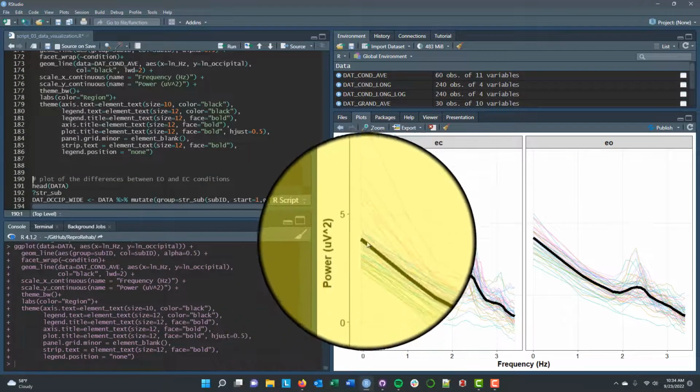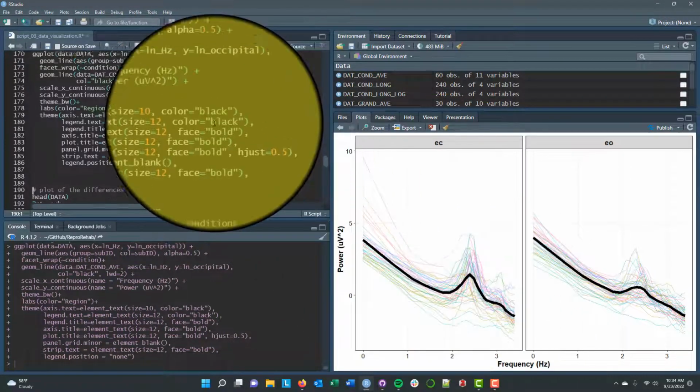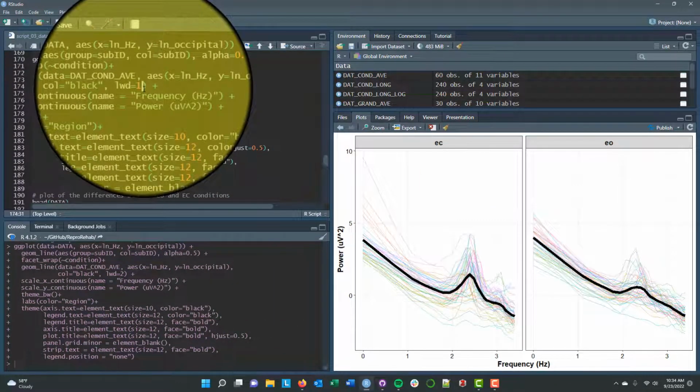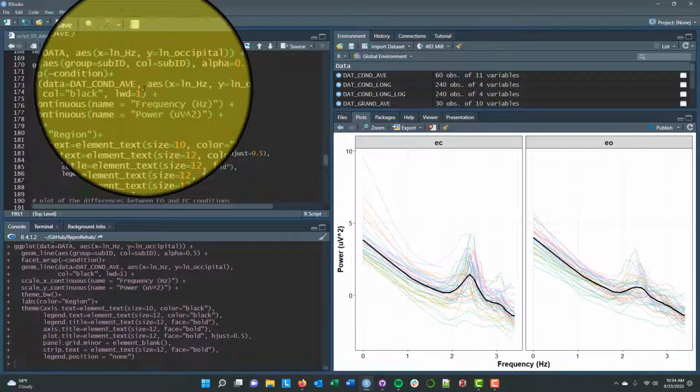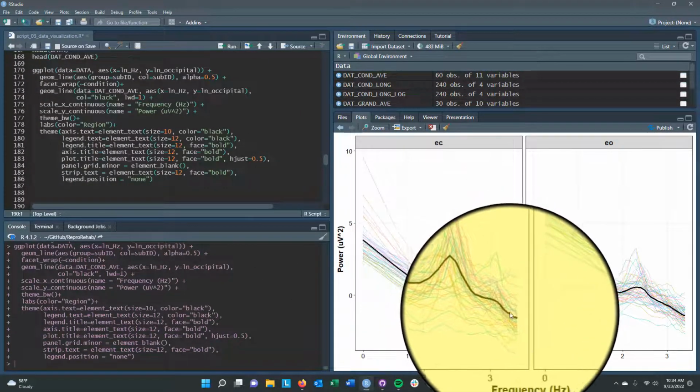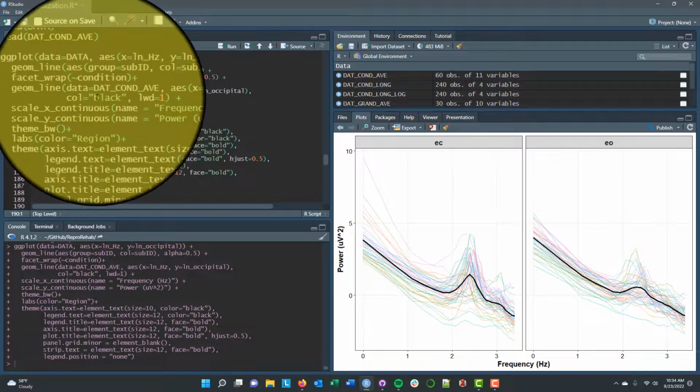And that maybe looks a little too chunky, right, a little too cartoonish, but it depends on what you need and how visible you want those data to be. I think a line width of 1 is probably pretty good in order to show that. If I did want to change these